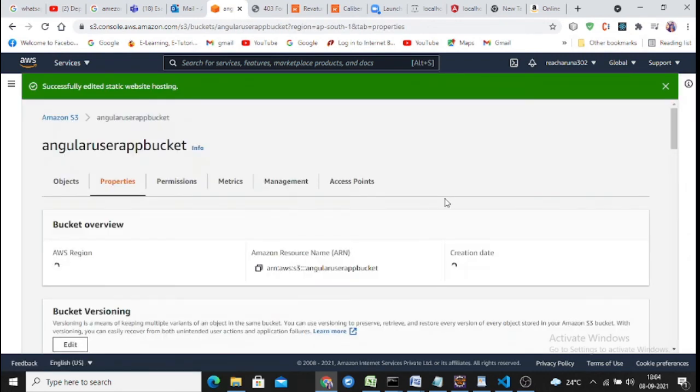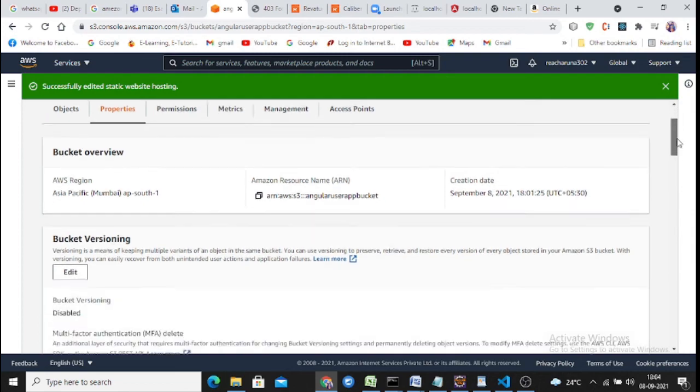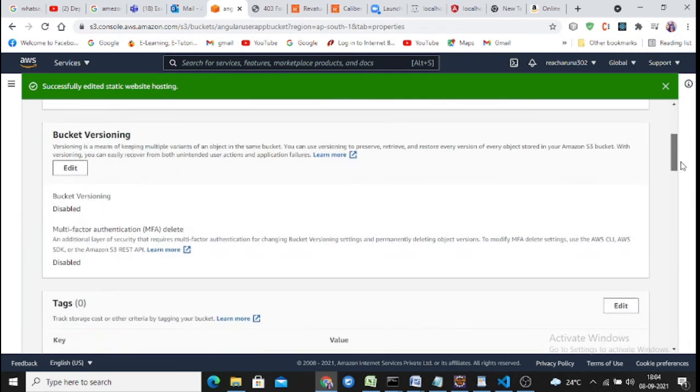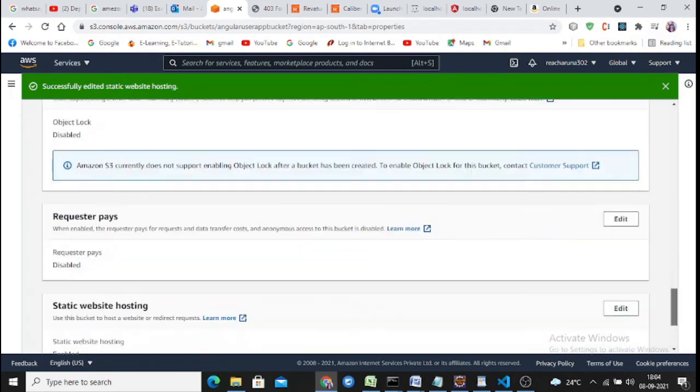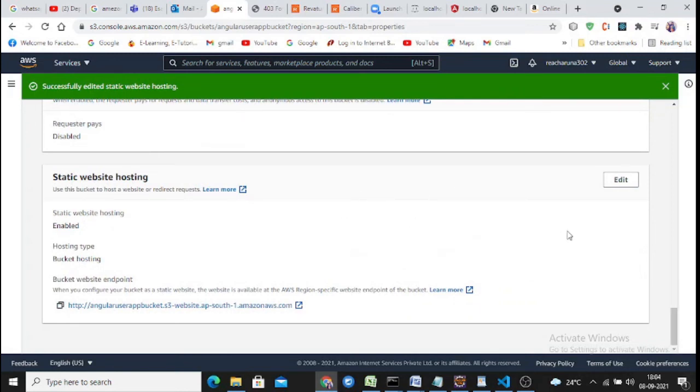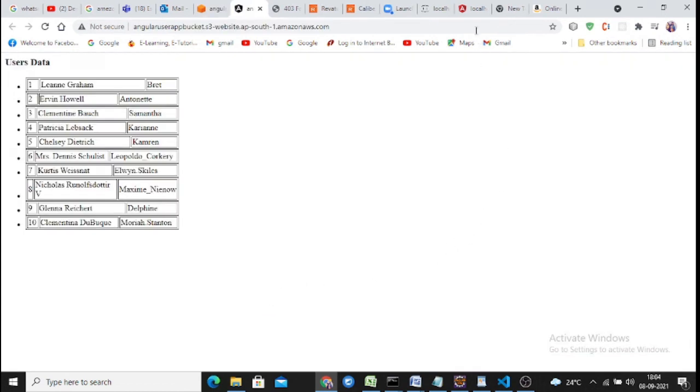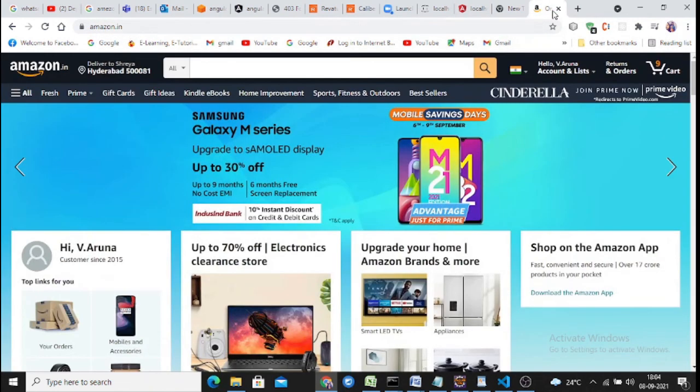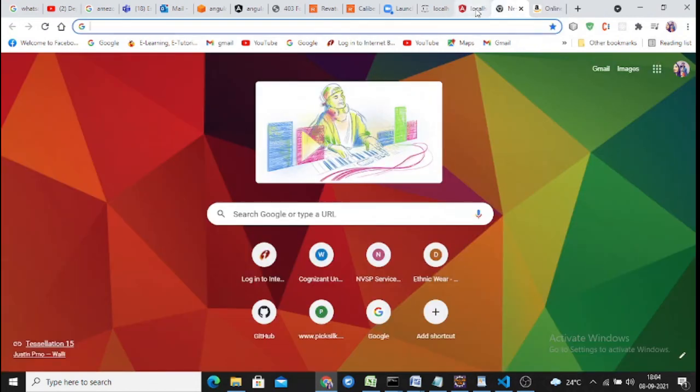So now for the bucket, we are performing static web hosting and our application is ready. Whenever your hosting is done, you will get a URL for the static website of your Angular project. When you go here, whatever output you get on the localhost server, this is running on localhost, you are getting the output. The same output we are getting through our